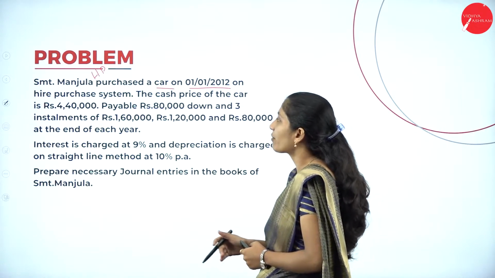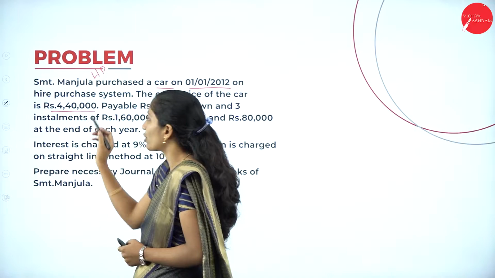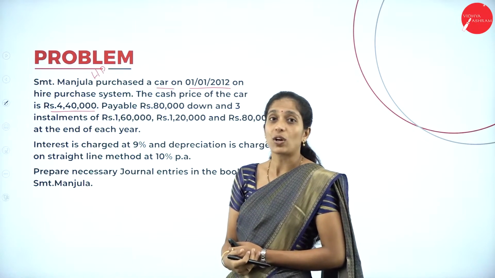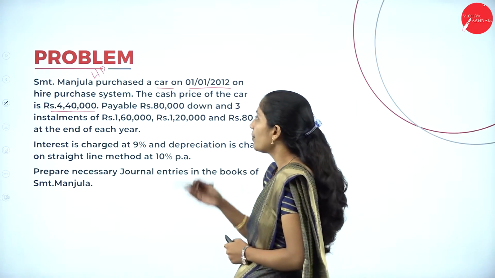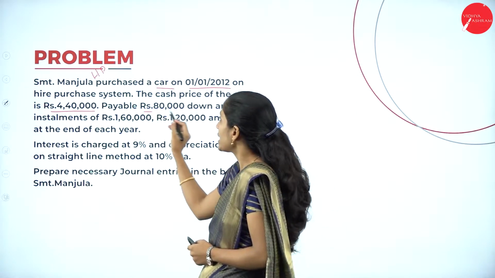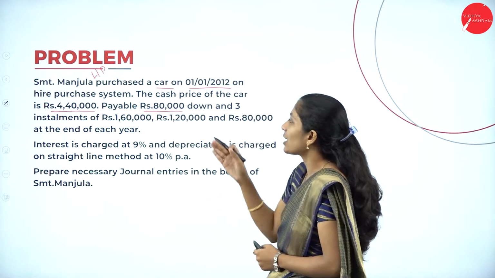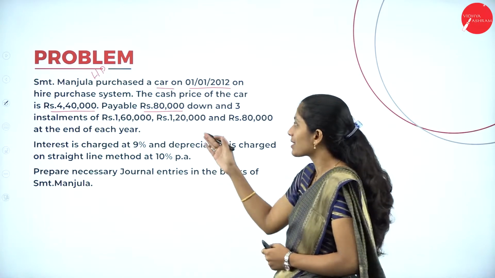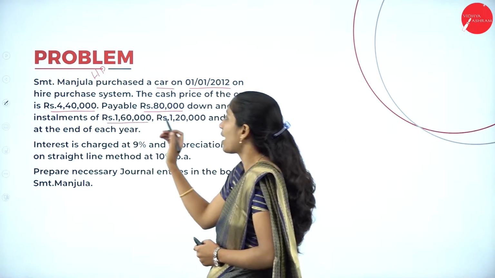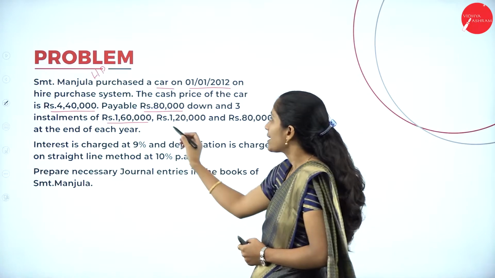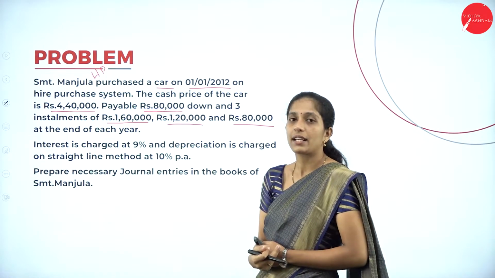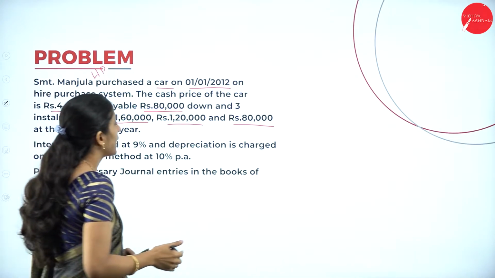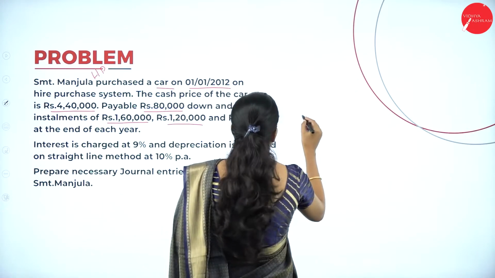The cash price of the car is rupees 4,40,000. What is the total cash price of the car? 4,40,000. Payable rupees 80,000 down and 3 installments of rupees 1,60,000, that is, your first installment is 1,60,000, second is 1,20,000 and third installment is 80,000. Now what is the total cash price of the car? That is what they have given,